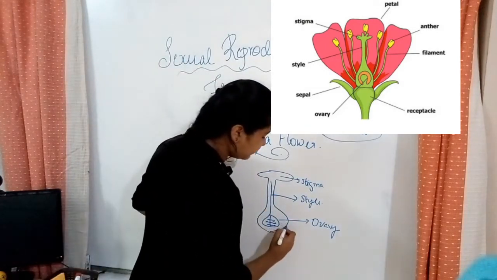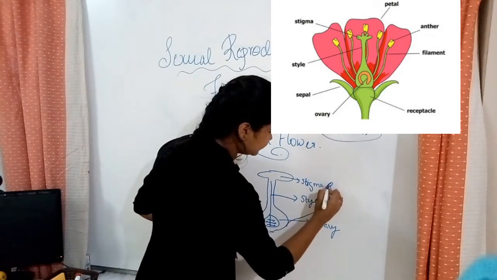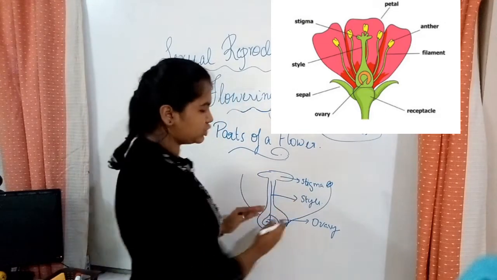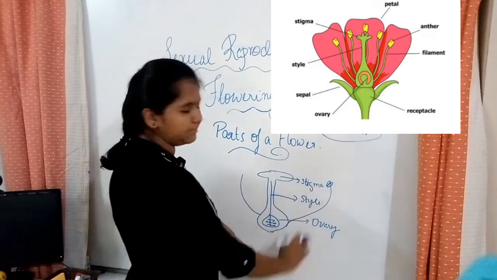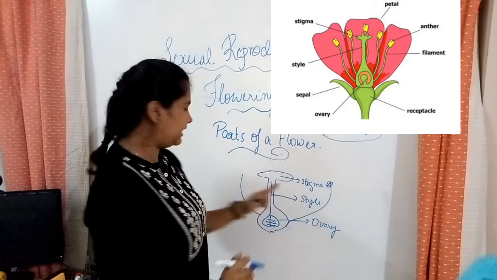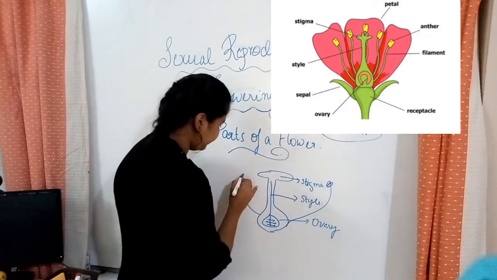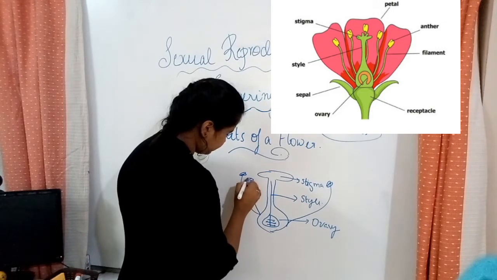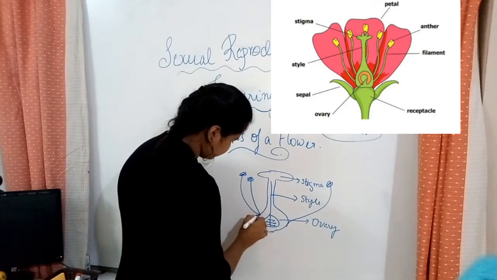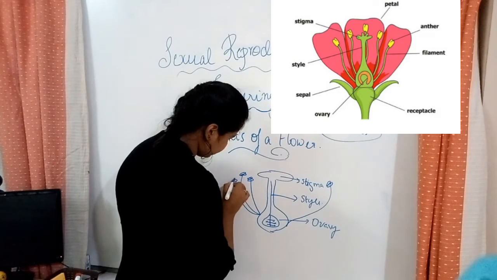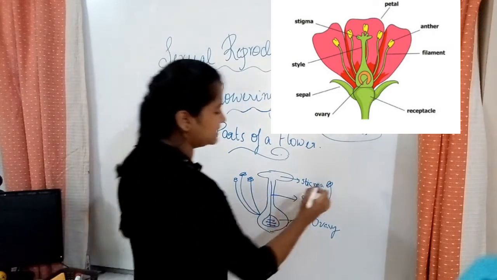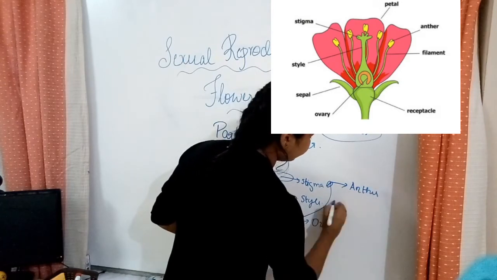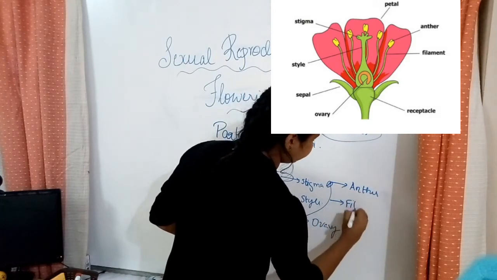Then we have stamens coming in. I'll draw them; there are so many stamens on a side, but because there are markings over here, I'm only drawing one on this side, and I'll draw two or three on this side. So what is this? This is the anther. Okay, this is the filament.